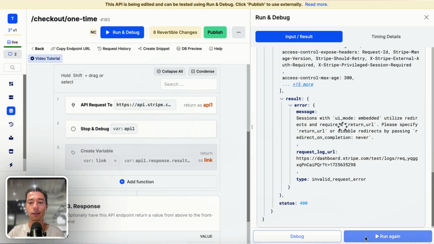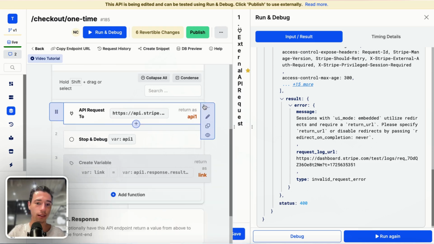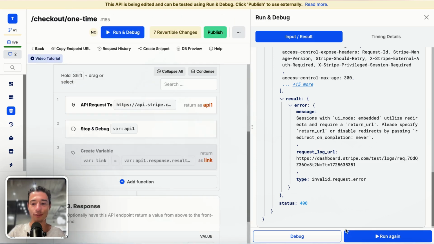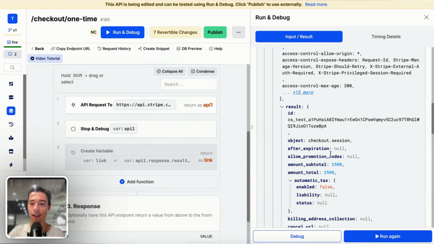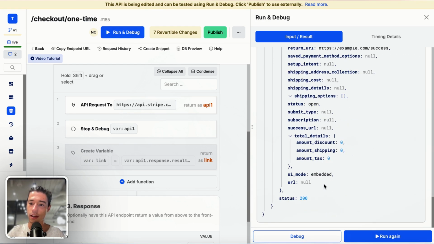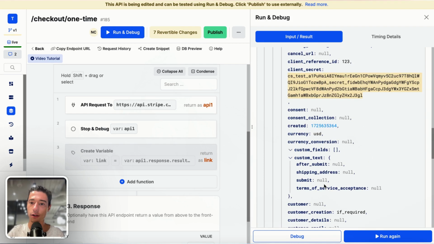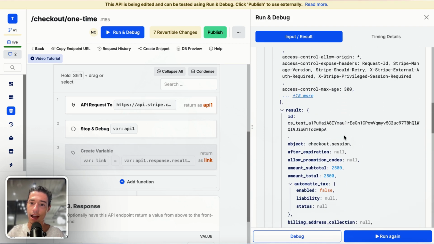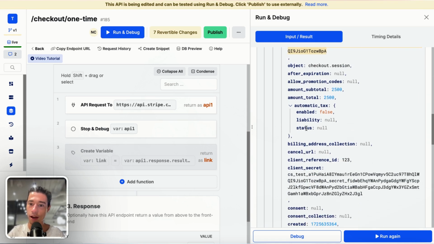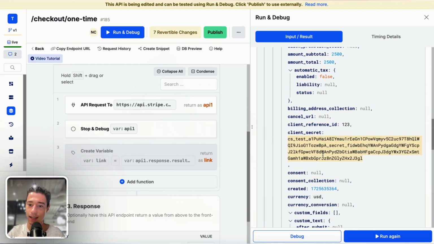And now let's run this again. Okay, what does it say? Sessions utilize redirects, require a return URL. We set a return URL. Oh, we have it hidden. So let's make it visible so it gets passed on. And now, as you can see, I'm going to get my client secret, and I'm going to get a lot of other information. So I have my ID, and I get my amount, I get my client secret,